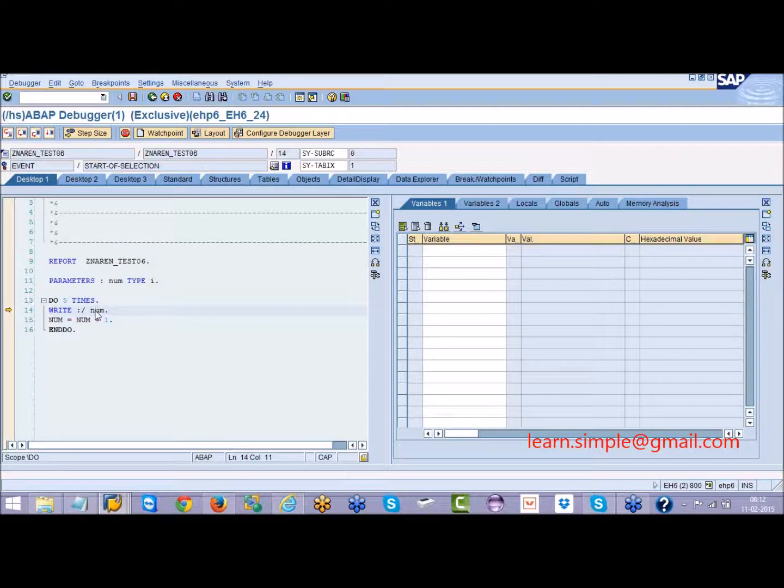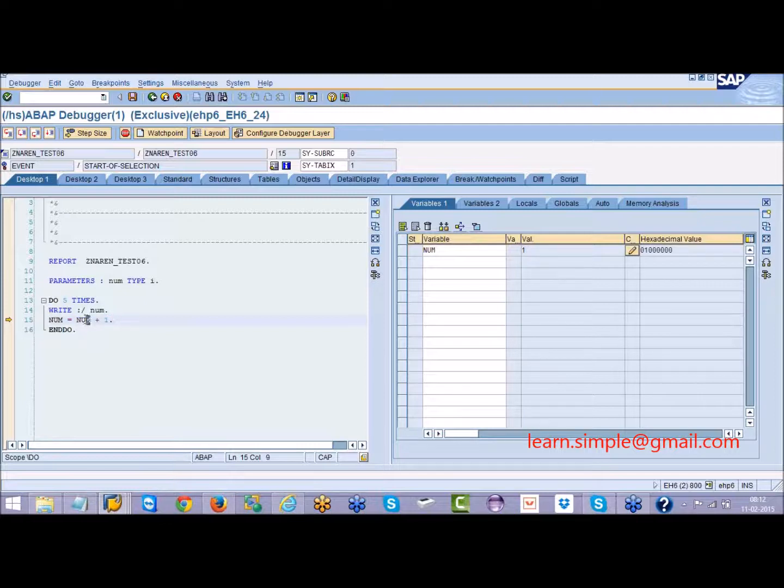When I have entered the loop for the first time, what is there in the number? I have 1, because in the parameters I have given 1 in the number. You can see the value here. Then I am writing the number in the output. When I say write num, whatever is there in this number is written in the output.